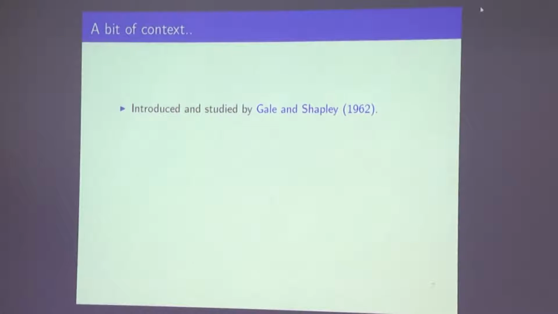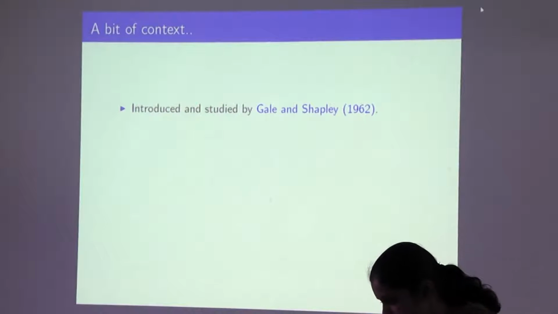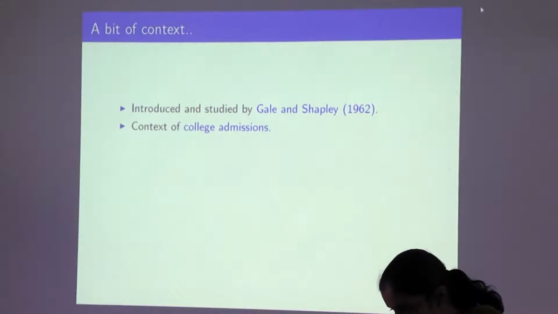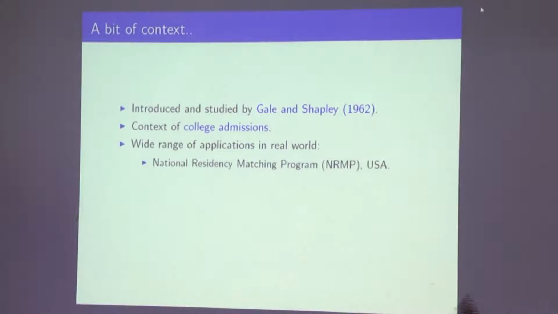So again, this problem was introduced formally in 1962 by two eminent researchers, David Gale and Lloyd Shapley, and they studied this in the context of something they called college admissions, which we again saw as joint seat allocation. They also were faced with this same problem. Of course, the problem they were looking at was in the American setting, and in fact, even prior to that, this problem had come up in the National Residency Matching Program.